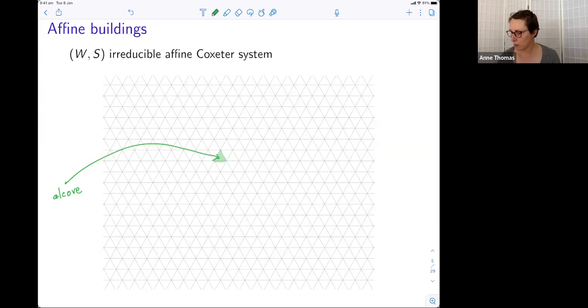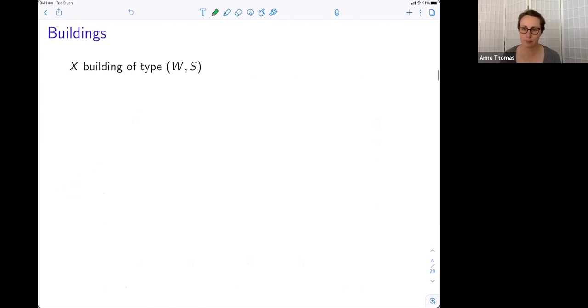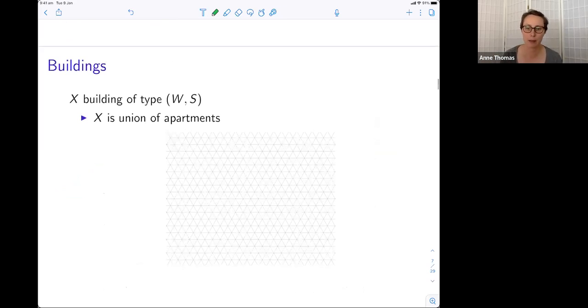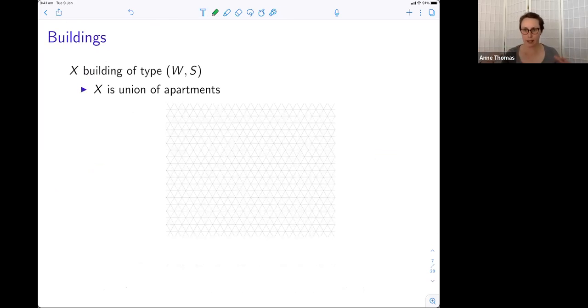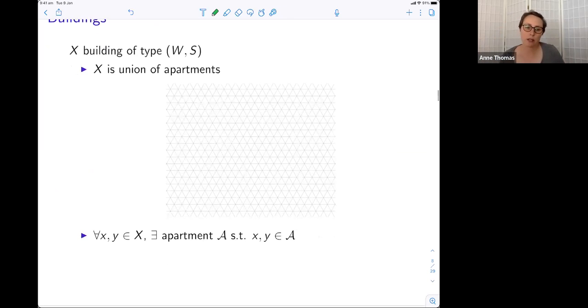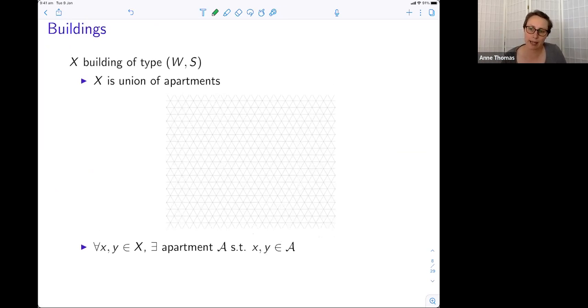Okay, so a building of this type, so we've fixed our affine Coxeter system, and what is that? It's a union of apartments, and each apartment looks like this tessellation for the fixed Coxeter group. So we have a bunch of Euclidean planes tessellated by equilateral triangles. Okay, it satisfies some properties, and you can think of these properties as the apartments sort of being like an atlas on a manifold. So given any 2 points in the building, there's an apartment that covers both of them,